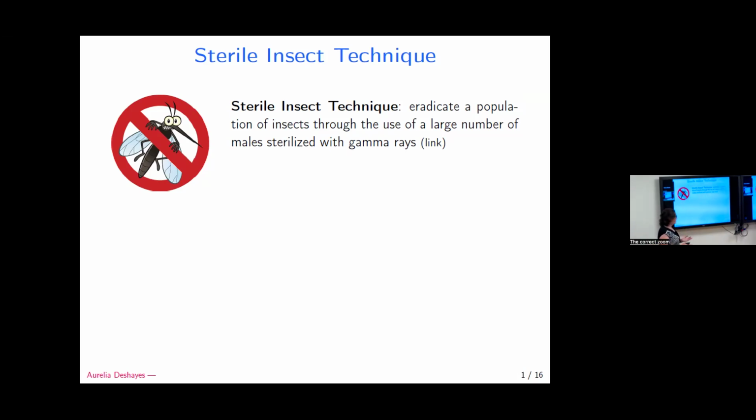So the idea is to decrease the population because they cannot reproduce, and to eradicate the population. But the problem with this technique is it needs a high level of radiation, and